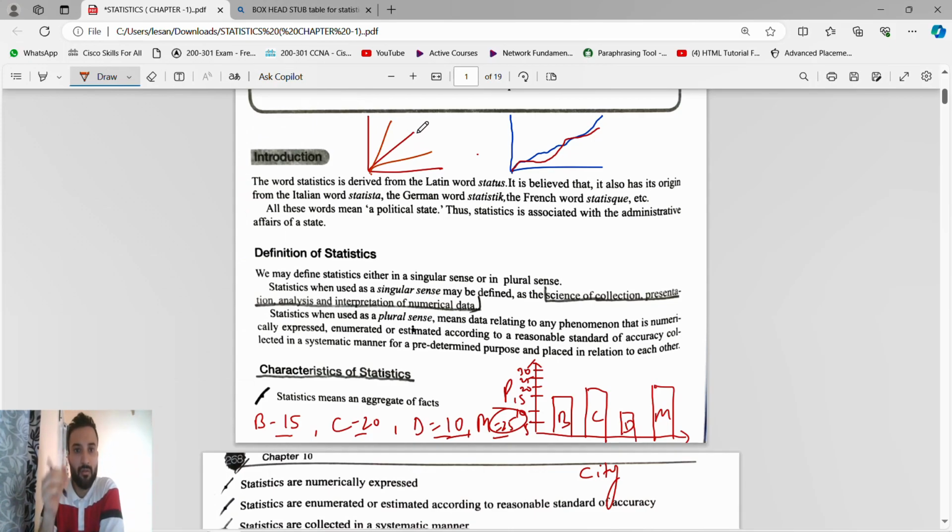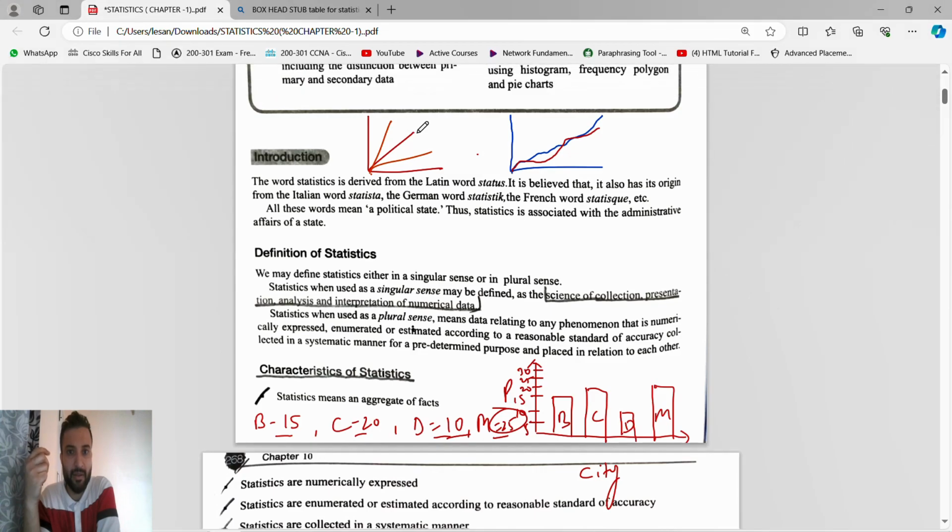We have studied this in classes 8, 9, 10. Those who took maths, means stats, in 11th and 12th have studied this. So what is this? This is a graphical representation of data. Stats is graphical representation. How do we make the graph? By numeric values. And what are numeric values? Quantitative data. So in stats we require quantitative data.